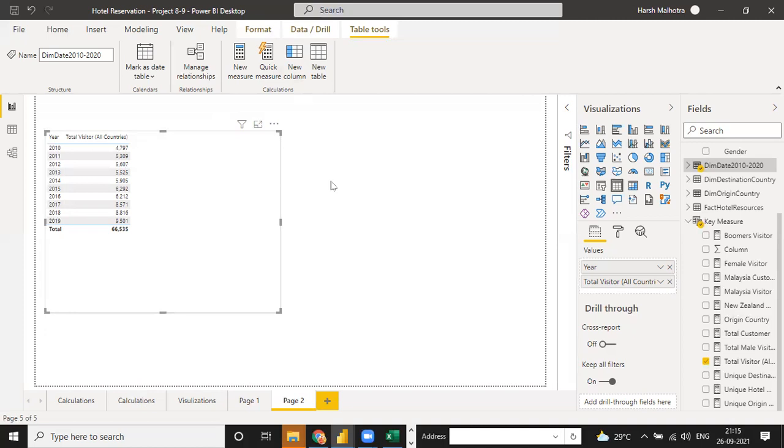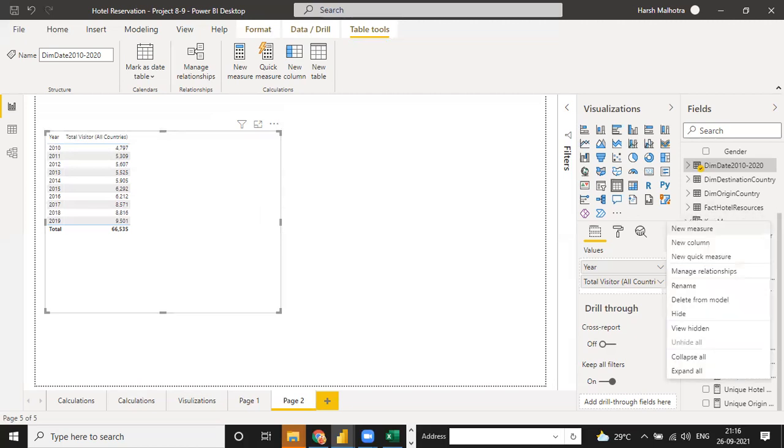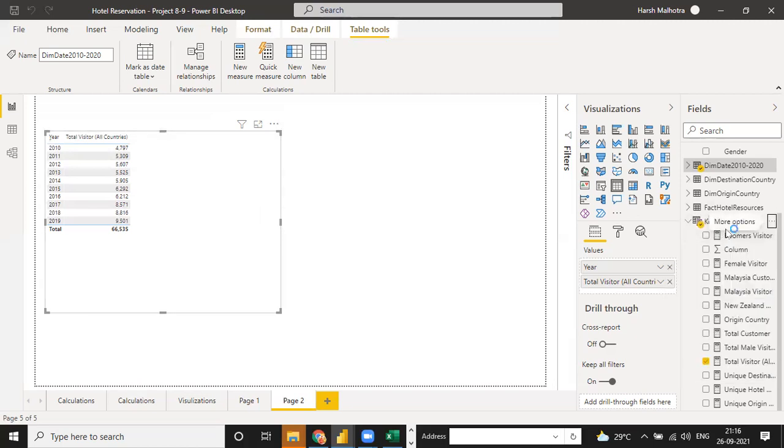We have to calculate two or three measures for this. So the first step is that you have to calculate the last year visitor, meaning the last year function. So I move in here, go to new measure.